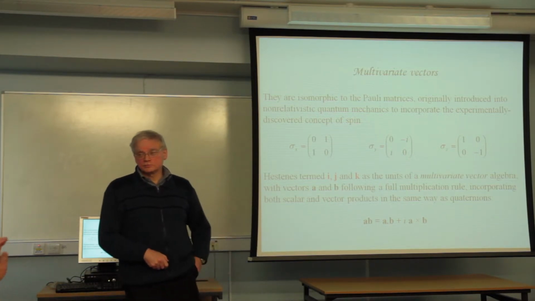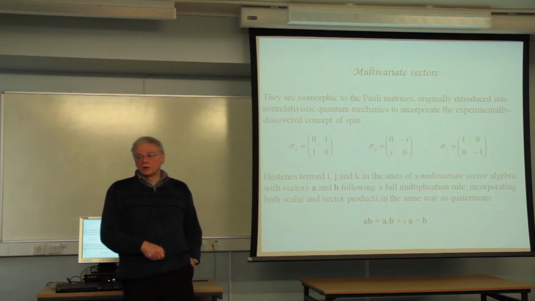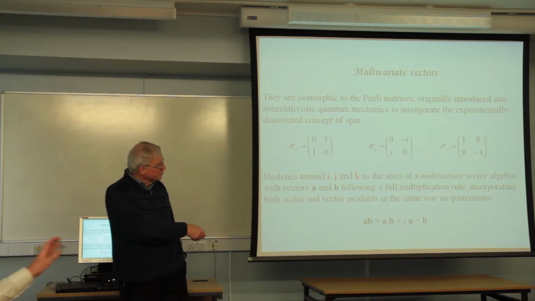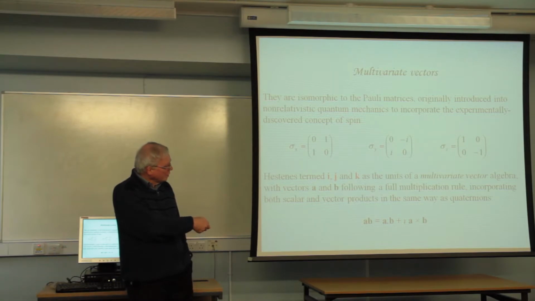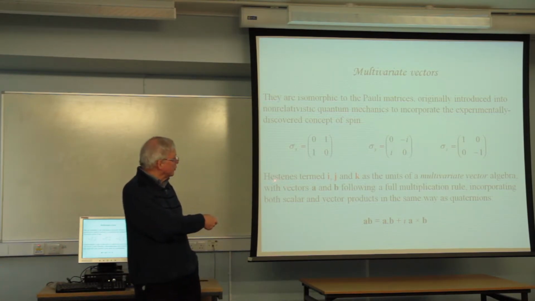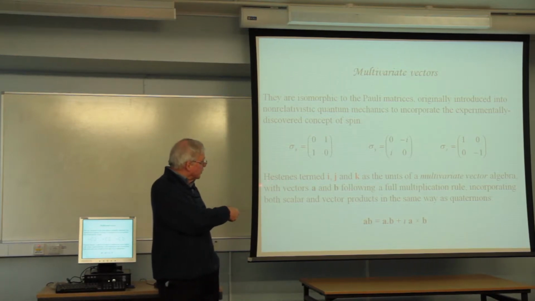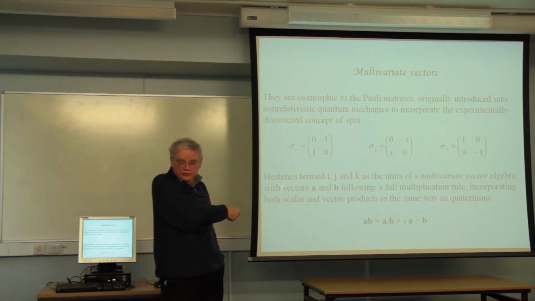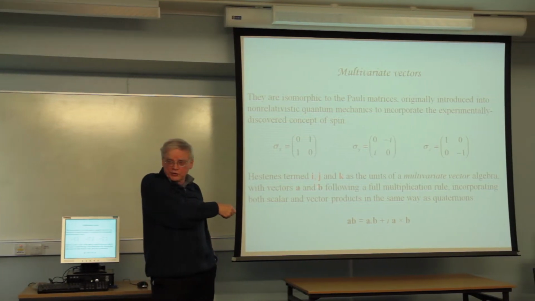Another way of saying it perhaps is that Pauli matrices have mathematical properties that we can give a name to. It didn't need to be called spin, did it? As a mathematical thing, no. It could have been called something else. This is the individual who did that, Hestenes, who's still alive. He did this in 1966, and it's quite famous.